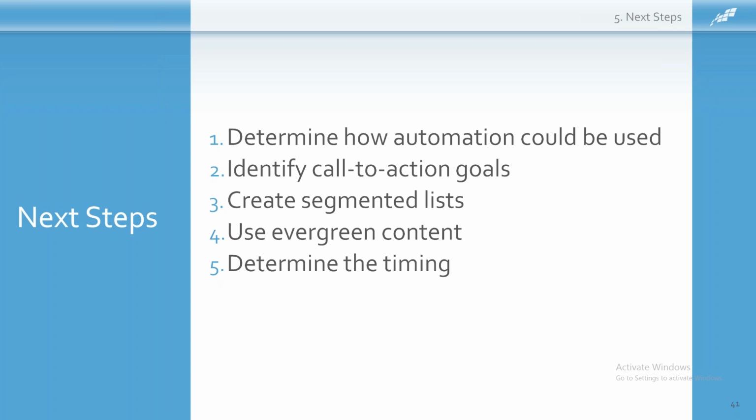So create segmented lists. Organize your new list or existing list into distinct categories so you can target more effectively. And don't forget evergreen content. Make sure the content included in your autoresponder emails, especially your welcome email, could be used time and time again with no updating. It needs to be timeless with no end, so you don't have to bother to update it, and it can work for you for years to come.